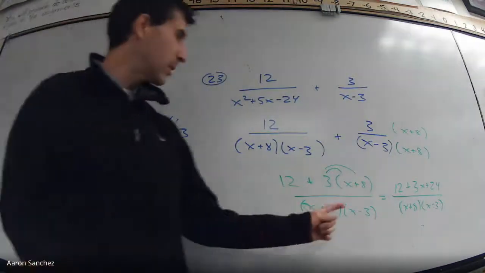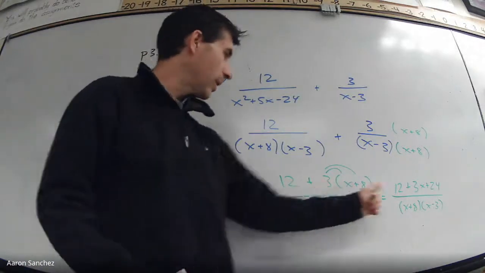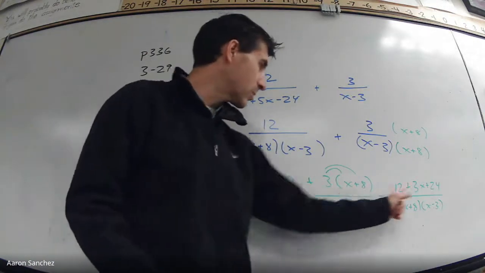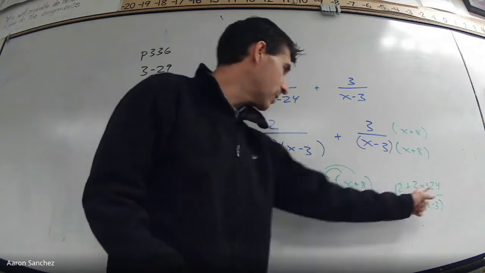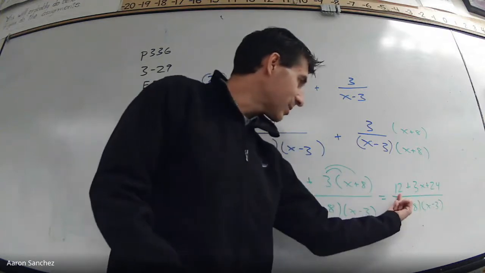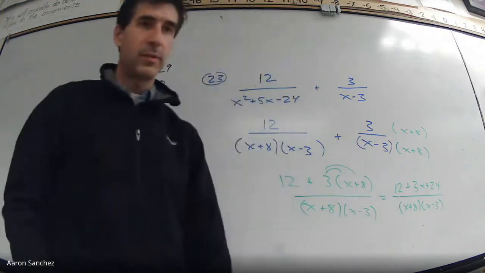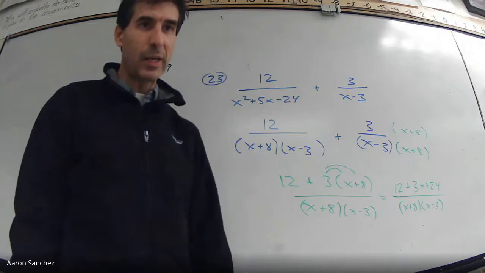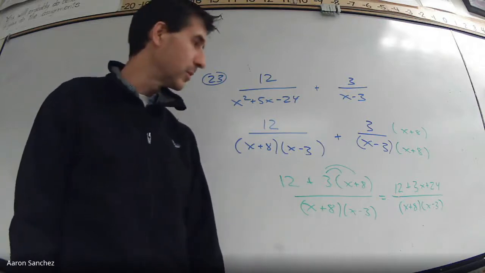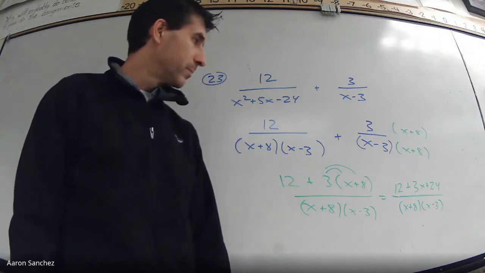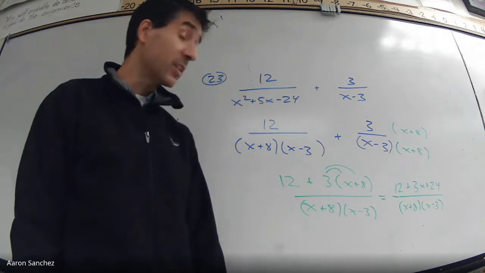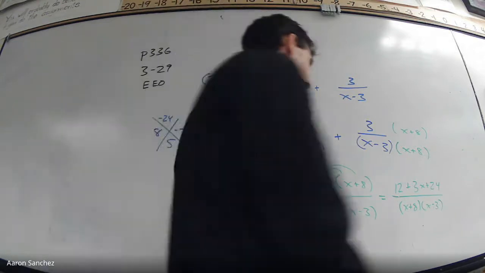Right, what I did here, I have the 12, and then 3 times x is 3x. 3 times 8 is 24. I can add this 12 and 24 together now, to combine it, to make it as simplified as possible, which is 36. So my answer is going to be